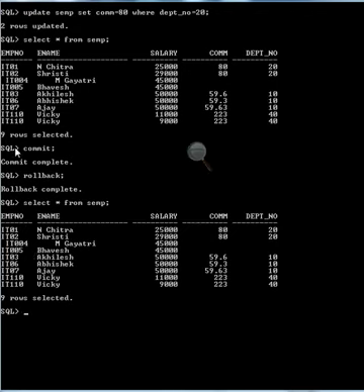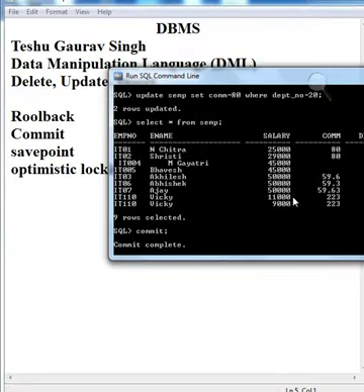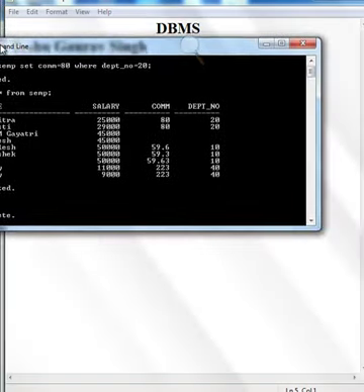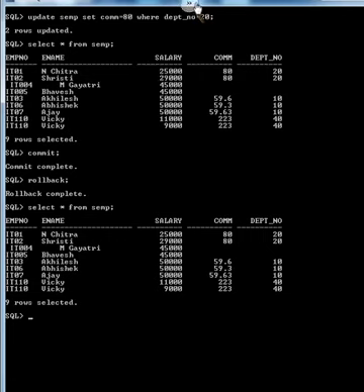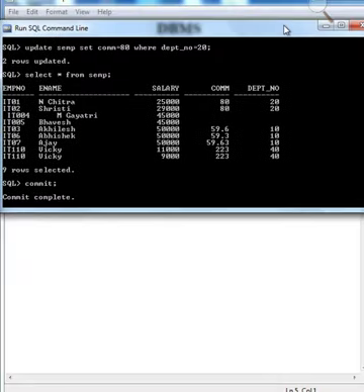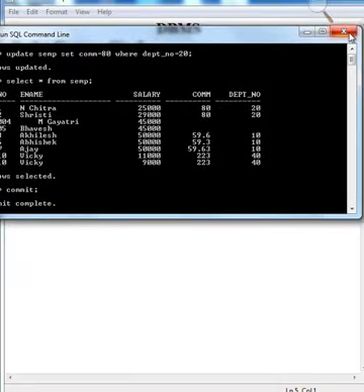When we close our Oracle application with the cross button, the rollback command is called automatically.